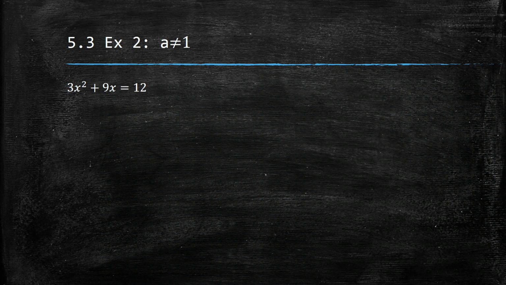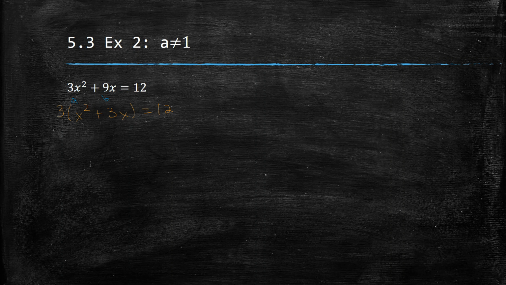So this is the example we were looking at before. We have 3x squared plus 9x is equal to 12. We've already moved our c over. So before we do our b over a, we're actually going to factor out that 3 like we did before. So we have 3 times x squared plus 3x is equal to 12. So let's go ahead and find our b over 2. We now have a new a here, which will be 1,